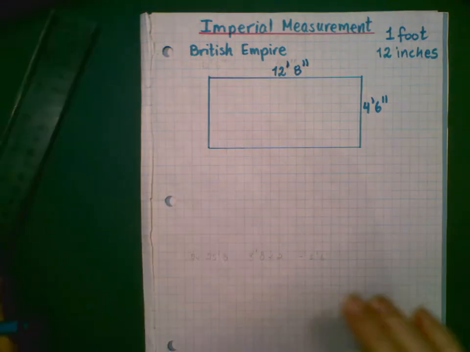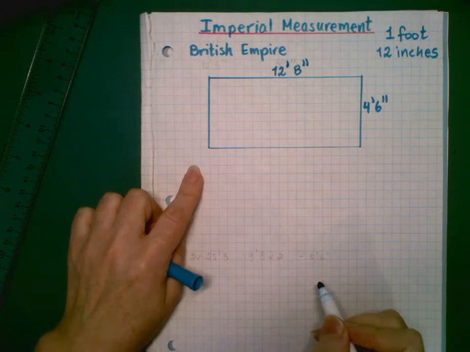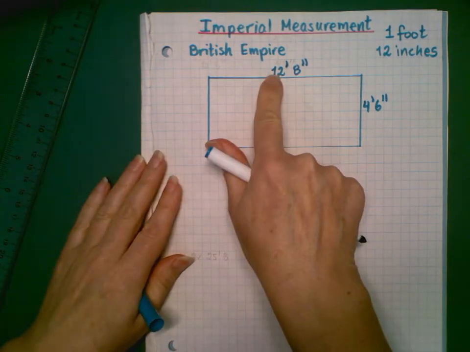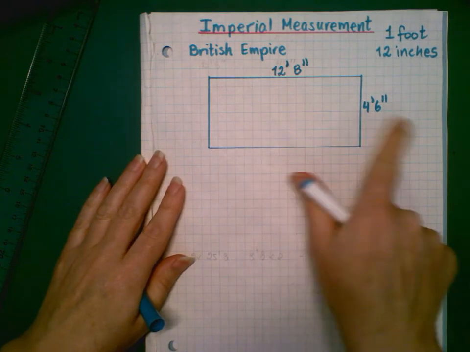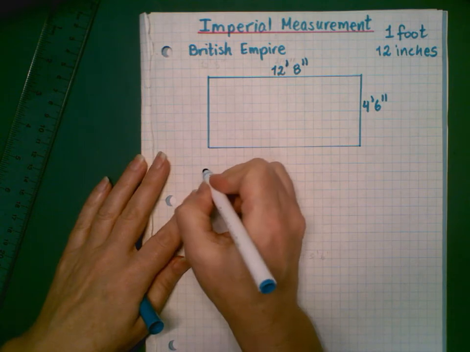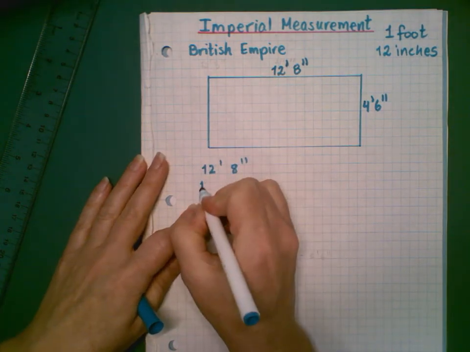And you're being asked to find the total distance around. How much fencing would you need to go around the perimeter of that garden? So I'm actually going to split off the feet and the inches separately. If I was measuring around the perimeter, I would have 12 feet 8 inches twice,